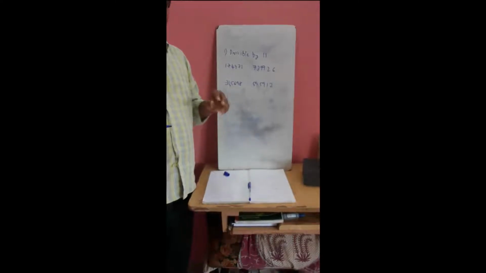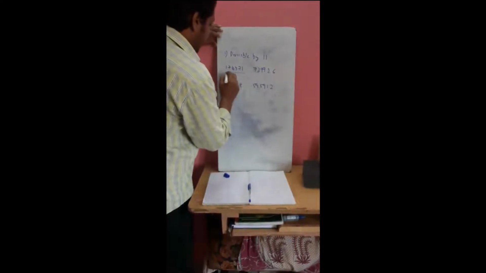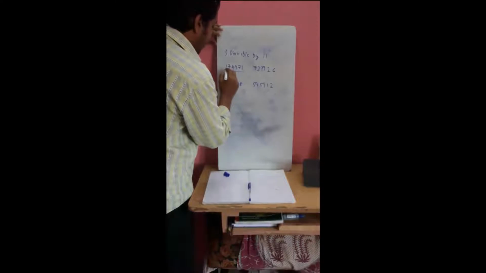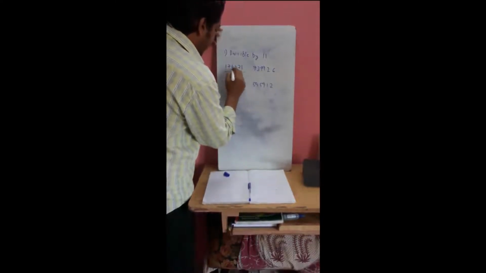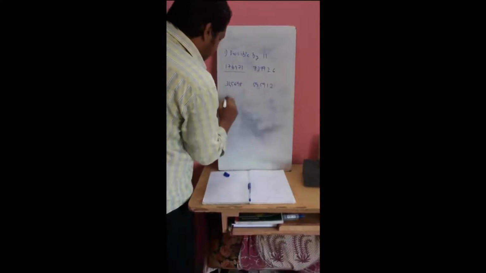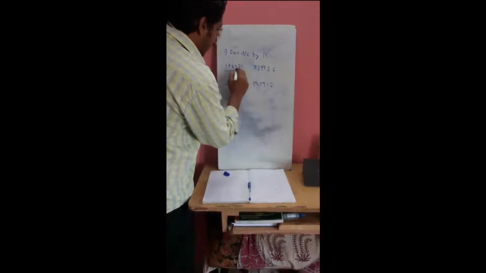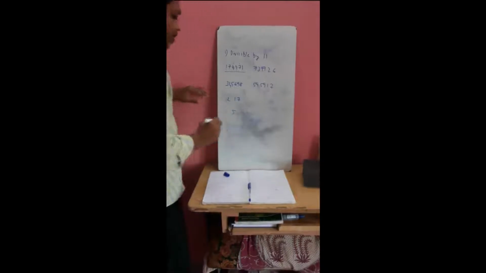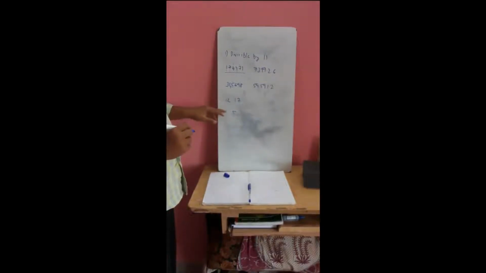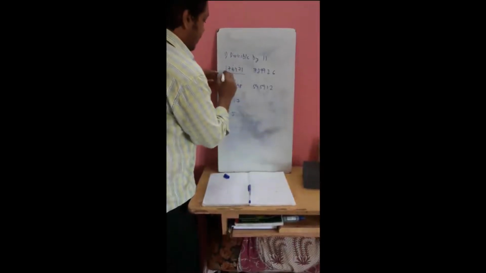We know that the test of divisibility for 11 is by finding the sum of even digits and sum of odd digits, and then finding the difference between the two. Let us take this number. The sum of even digits is 1 plus 4 plus 7. 7 plus 4 is 11. 11 plus 1 is 12. Sum of odd digits is 7 plus 9 plus 1. 7 plus 9 is 16, 16 plus 1 is 17. The difference between these two numbers is 5, which is not a multiple of 11 or 0. And hence 174971 is not divisible by 11.